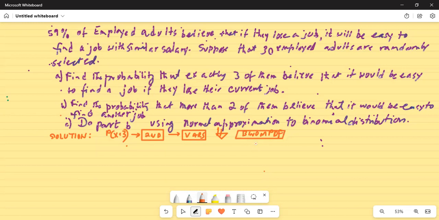Now, why are we doing a binomial distribution? Because 59% of employed adults believe that they will get a job if they lose one. So either they believe that they will get a job or they do not believe that they will get a job. So the two outcomes are believe in getting a job, and not believe in getting another job. So that's why we are using the binomial distribution, because there are two possible outcomes. And we are using TI-84 calculator. Therefore, we'll use the binom PDF